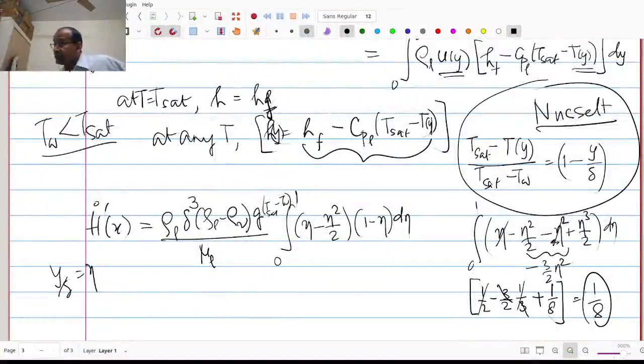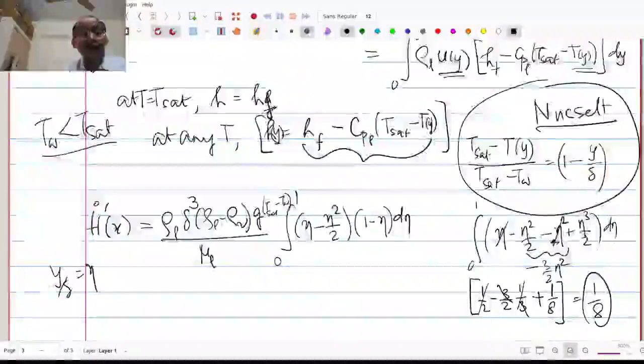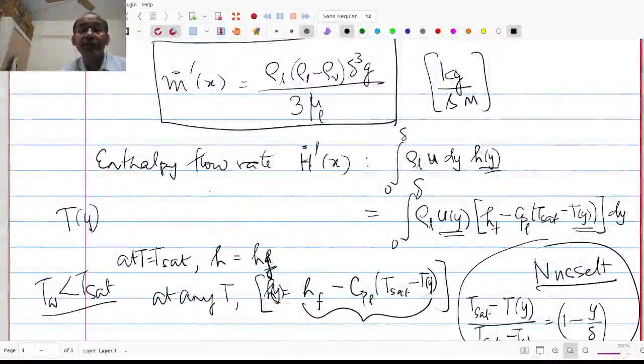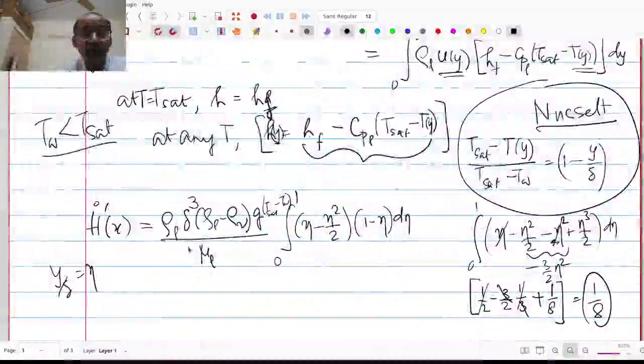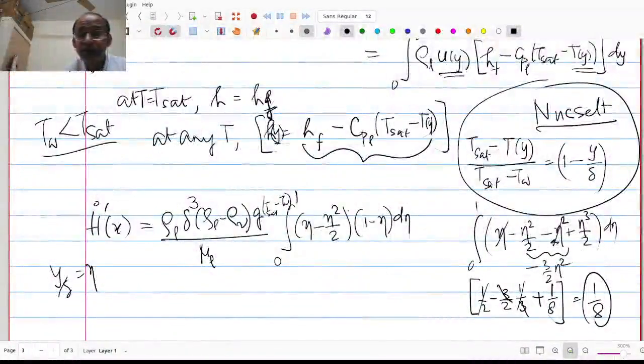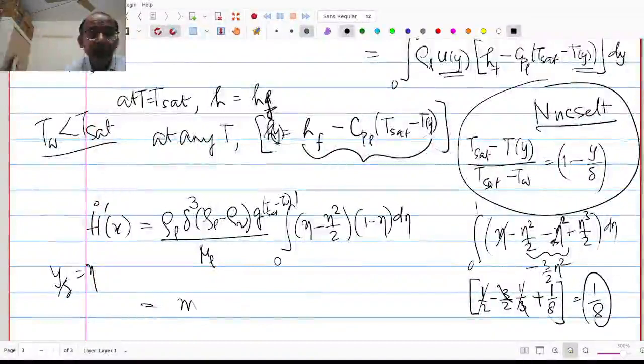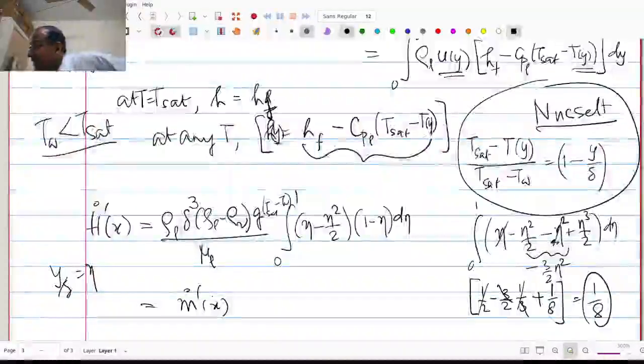If I then substitute it here, since I would like to write it in terms of m dot prime, and m dot prime itself is rho l into rho l minus rho v into g delta cube by 3 mu l. So I'll put a 3 here, inside here, and take out a 3 separately on the other side. So this will become equal to m dot prime at x multiplied by a 3 by 8 into,